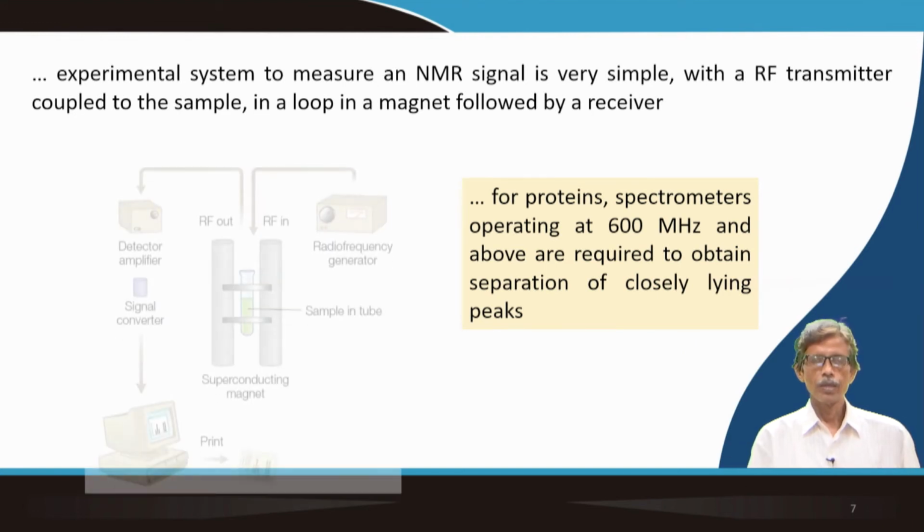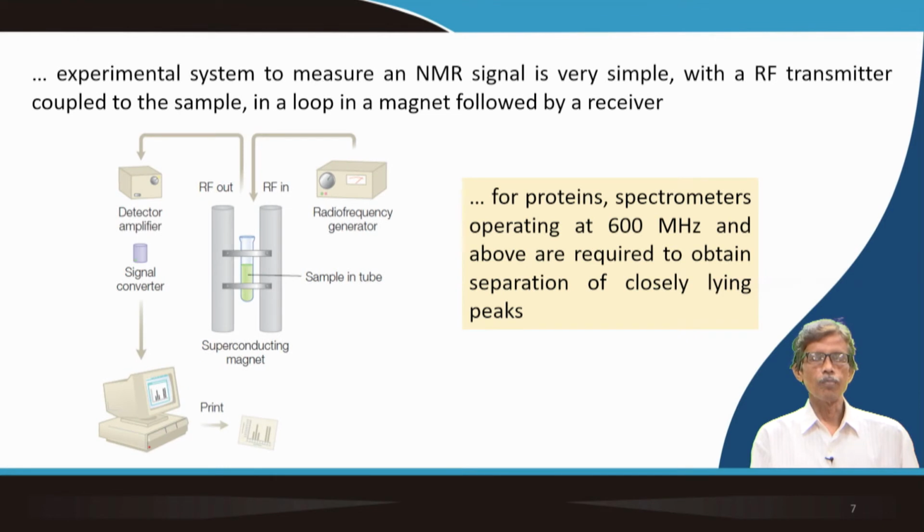So, this is the block diagram basically. You should remember the block diagram all the time; this is the instrumental part. The instrumental part of an NMR spectrometer is basically that part only, with the basic components. You see the radio frequency generator on the right, which generates the radio frequency that we pass towards the sample. So, radio frequency is coming in. You have the sample, which is nothing but your sample tube, and the sample is in the tube